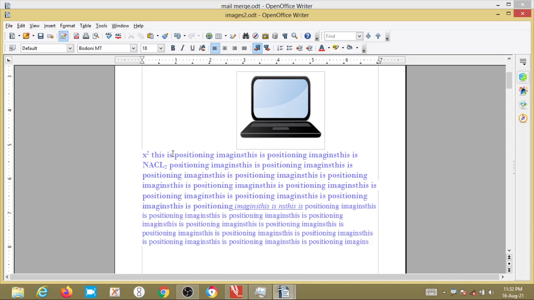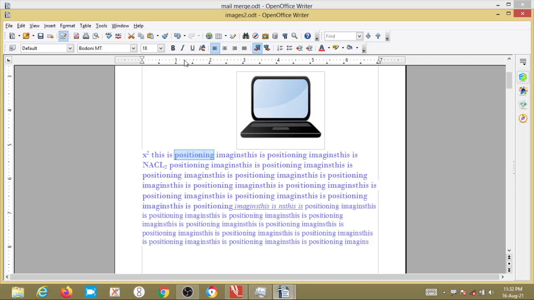Now if I want to change the case, I have already written here, see, I wrote positioning, and I want to change this case. This is in smaller letters, right? If I want to change it to uppercase, or if I want all the letters to be uppercase, that is capital letters, what do we have to do?